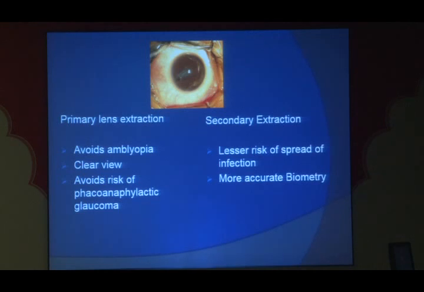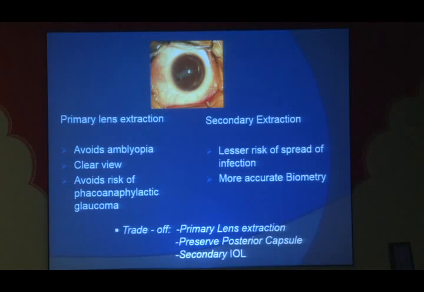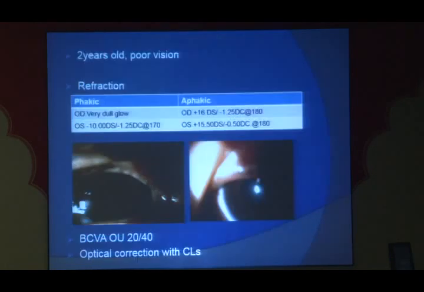However, with the secondary extraction, as the lens is preserved, the barrier is preserved, there's a lesser risk of spread of infection, and when we plant an IOL, we would have a more accurate biometry. So the trade-off probably would be to do a primary lens extraction and preserve the posterior capsule and later on plan a secondary IOL. This was a 2-year-old child who presented to us with poor vision in both eyes since birth,